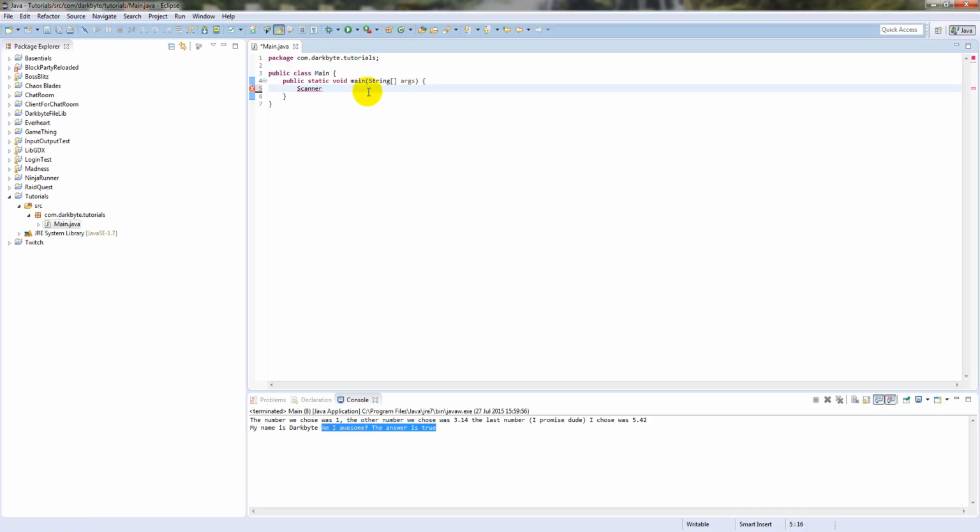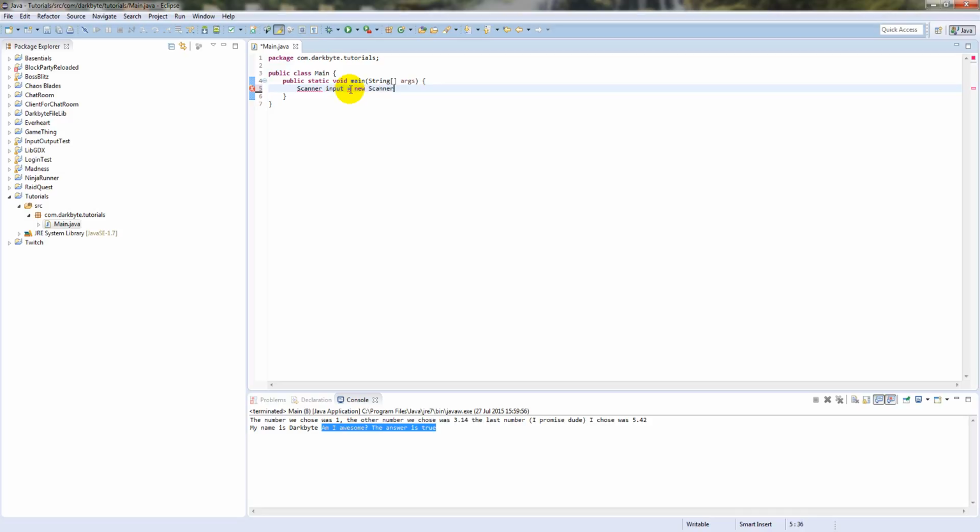So say we made another scanner called scanner copy, the C in copy would also be capitalized. So we're going to call a Scanner, and create an object of it called input. We're going to make this lowercase and call it input, or whatever you guys want to call it. You can call it Sally or whatever. So Scanner input is equal to